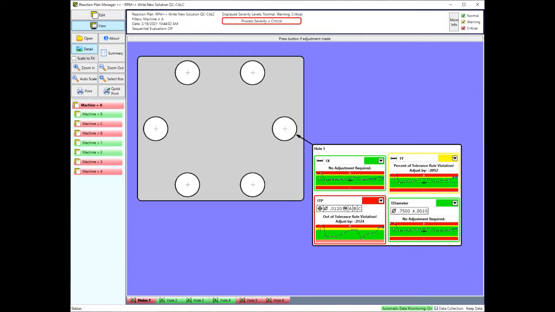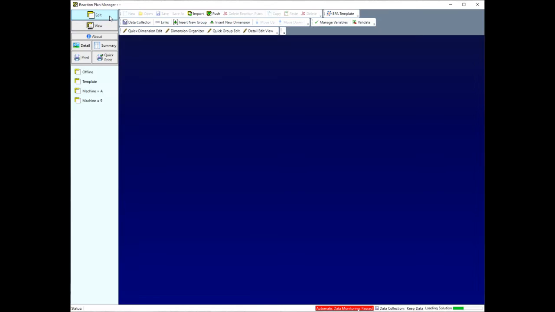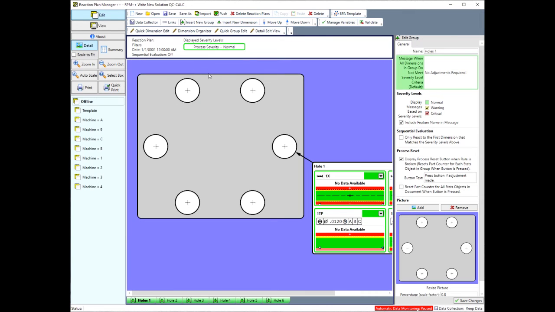Well, there's a tool inside Reaction Plan Manager++ called the Import tool. The Import tool will allow you to import a solution from one repository and bring it into another. To access the Import tool, it's a button in the edit mode. So I'll click on the Edit button here. That'll take us to the Edit mode, and you'll see an Import button right here. When I click on the Import button,